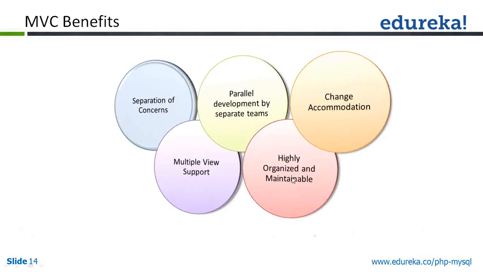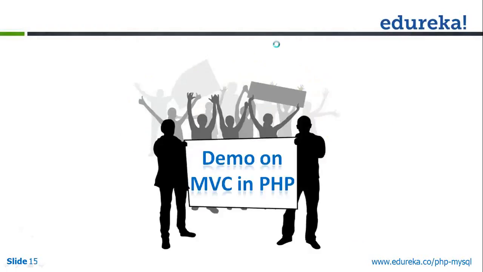So in simple words, MVC is a design pattern used mainly in web application development, used for developing your application in a well architectured manner. MVC is a design pattern used for developing your web application in a well organized manner. The presentation and the logic, everything is being separated. MVC: model, view, controller. So this is what we talk about MVC. What is MVC and what is the purpose of MVC is what you need to understand.